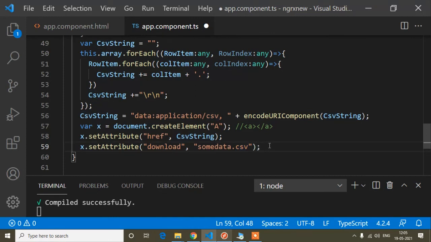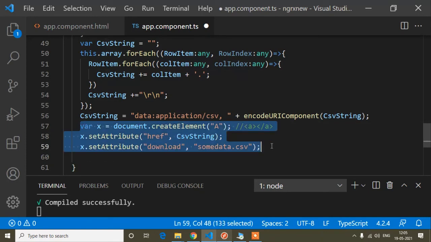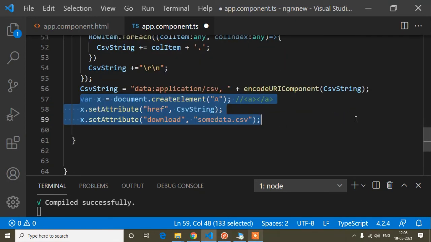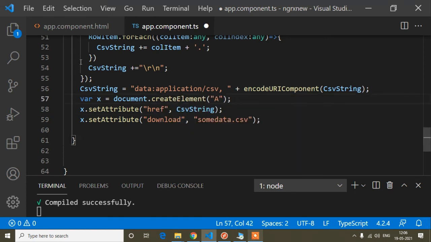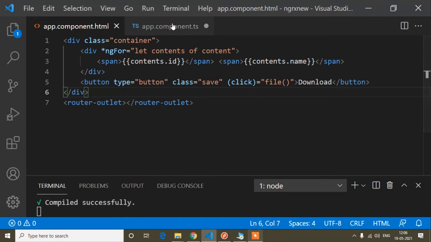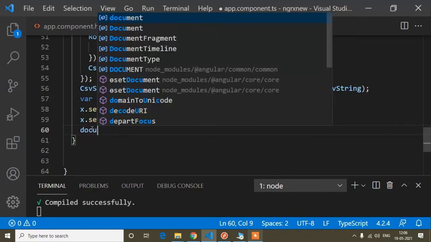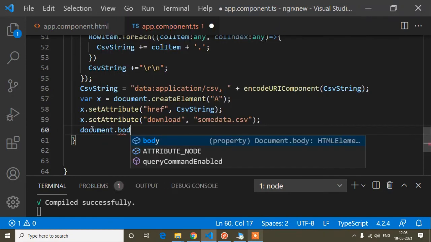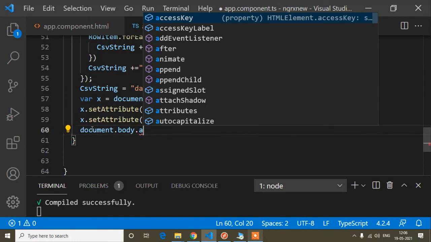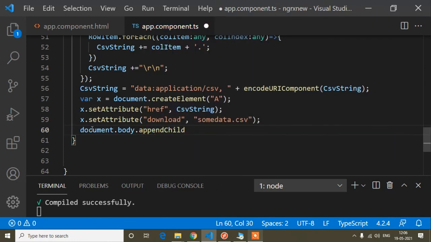Now this anchor tag I have already created, but it is not in our HTML, so I have to add it dynamically. For that I will write document.body.appendChild(x), which means this anchor tag will be appended in the body.